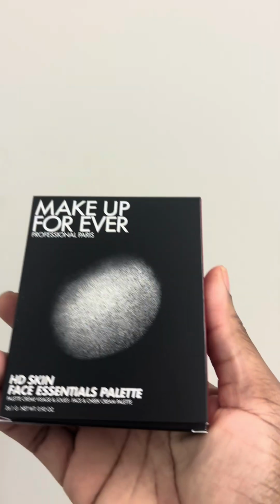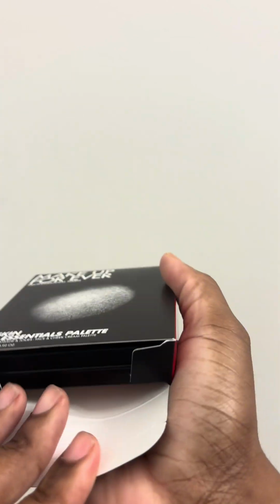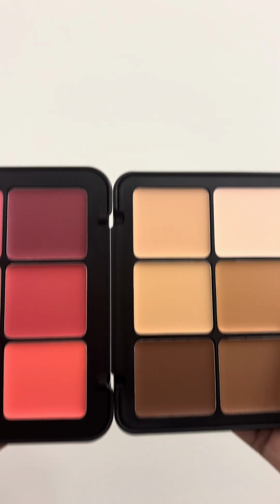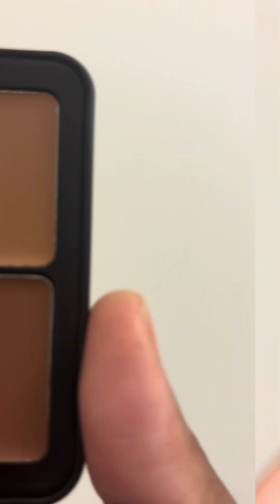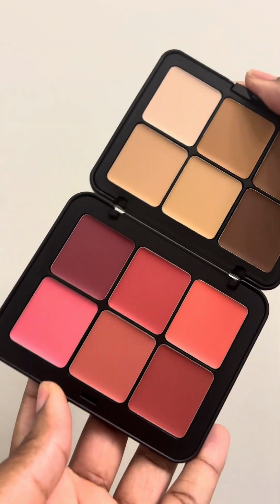Makeup Forever's HD palette has become a winner in my book. I definitely was a little skeptical about trying this because I do not proclaim to be a makeup artist at all. I've always assumed that it takes a certain level of skill to pick the right colors, mix the right colors, and achieve the perfect look with just one palette. But I'm here to tell you, outside of highlighter and eyebrows, I was able to achieve this entire look with